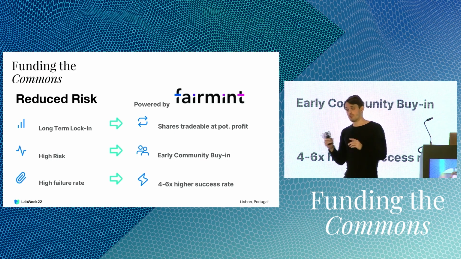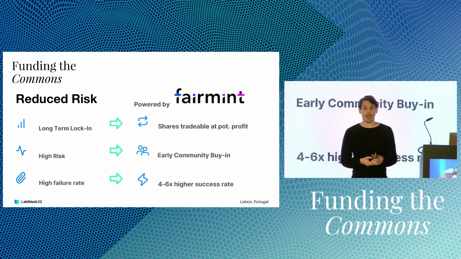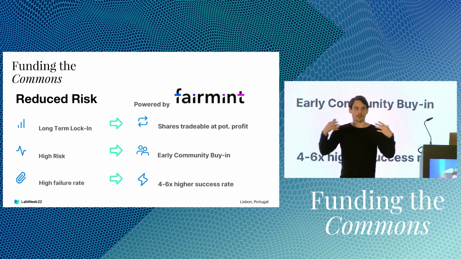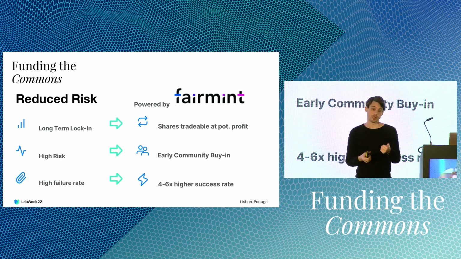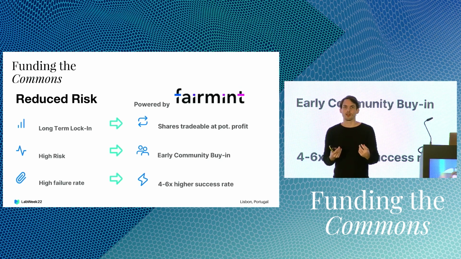And lastly, the survival rate is also higher with those companies. So a company that right now is forced to make profits, like an SMB, for example, has about a 4x higher survival rate than a VC company over a 10-year life cycle. And if we're looking at companies that are purpose-oriented, like these kind of cap return funding structures, they have a 6x higher survival rate on the 10-year time cycle. And the reason for that is because they have a higher employee retention, they have a higher purpose alignment, so people actually go in with a lot more juice than when they work for, at some point, an increasingly soulless company as it grows.